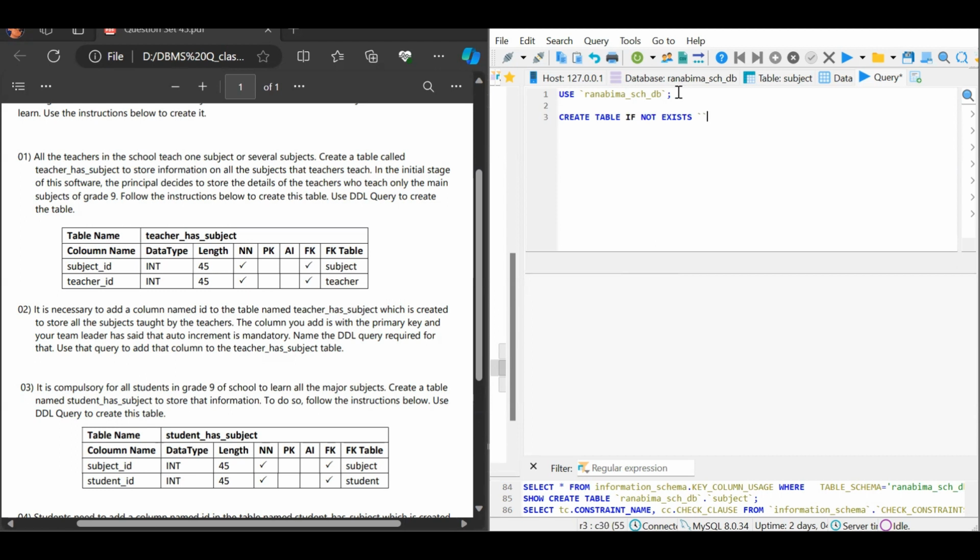and then we can use the keyword IF NOT EXISTS, and then we give the relevant name as teacher_has_subject, and then we give the brackets, and inside the brackets we mention the relevant column names as the subject_ID column with the data type INT, and we do not need to enter a length here, and then the NOT NULL keyword, and then a comma, and then we can give the next column name as teacher_ID, and there too we can give the data type as INT and make it NOT NULL,